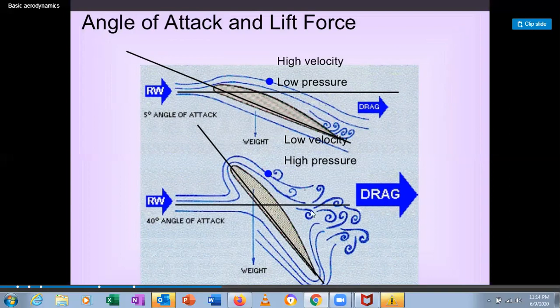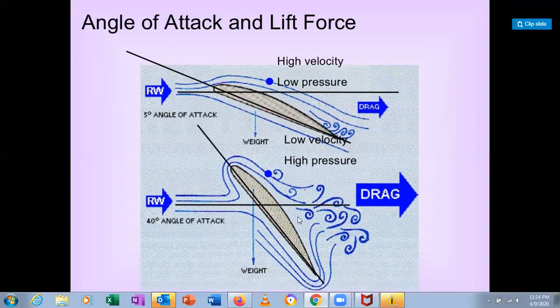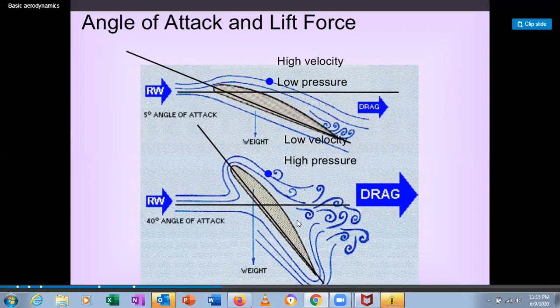Why? Because what is stall? At a higher angle of attack, lift will be less compared with the drag. Drag will be higher and lift will be less when it reaches some extent of angle of attack, for example 30 degrees, alpha equal to 30 degrees. Angle of attack is always referred to with alpha.